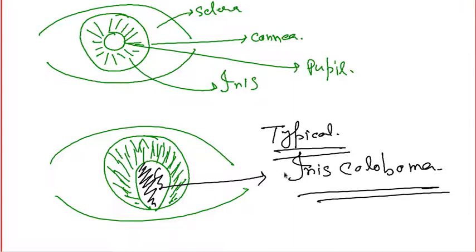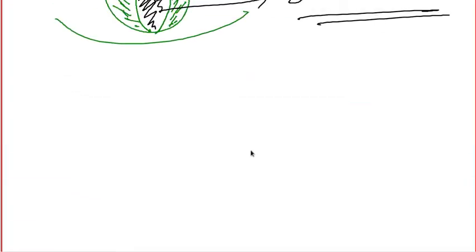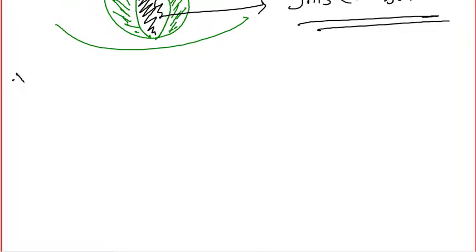Now this iris coloboma is not a solo disease, it will always be associated with ciliary body